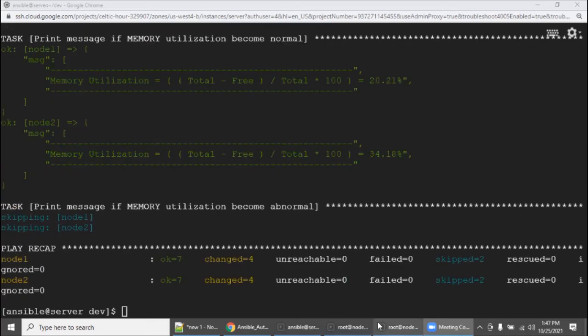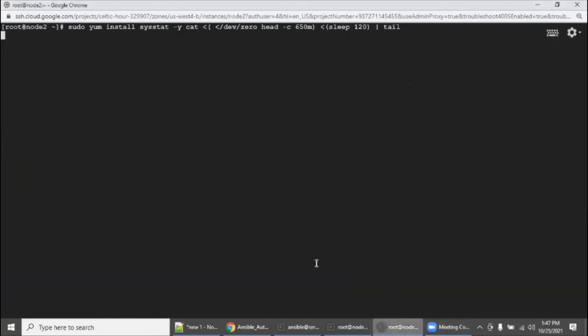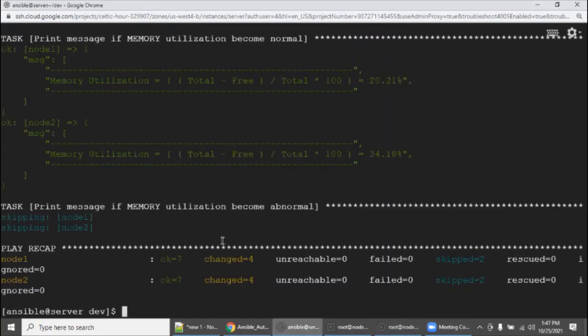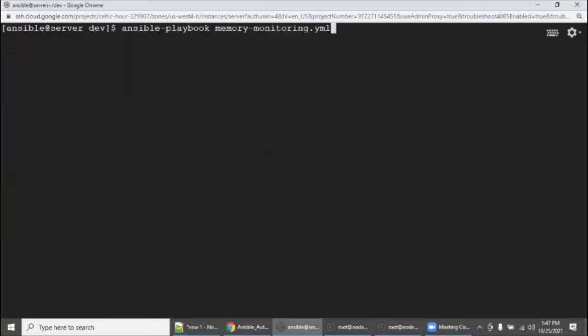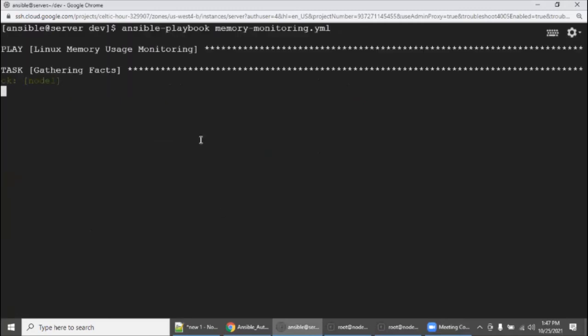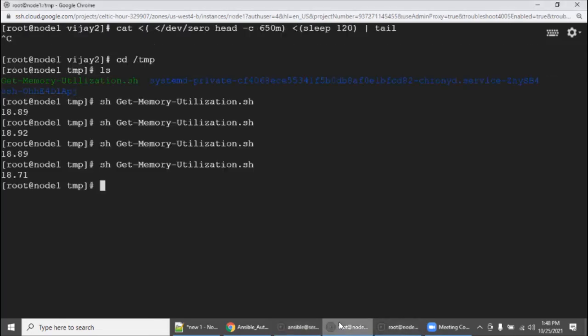So it's not working. So 650 MB. So now I am executing again. Because it's 18%.